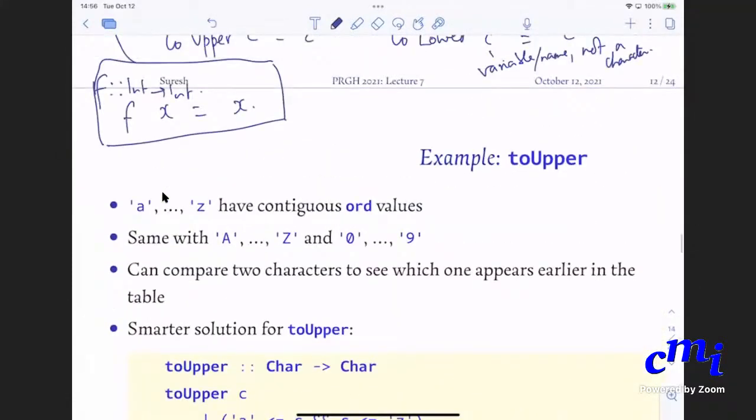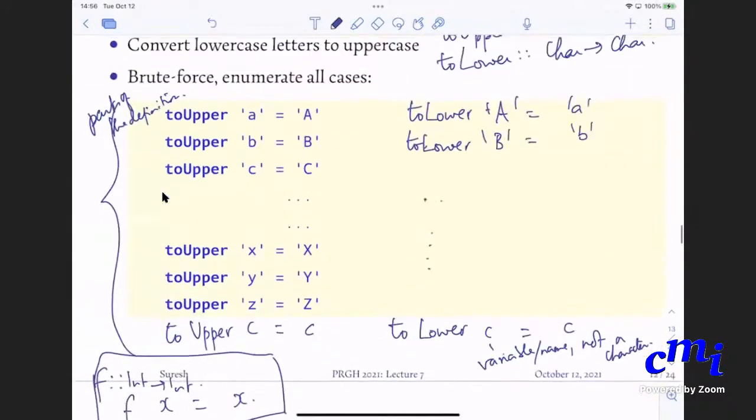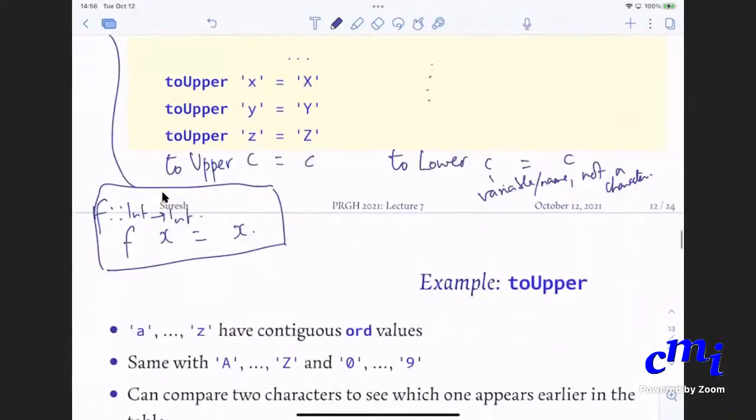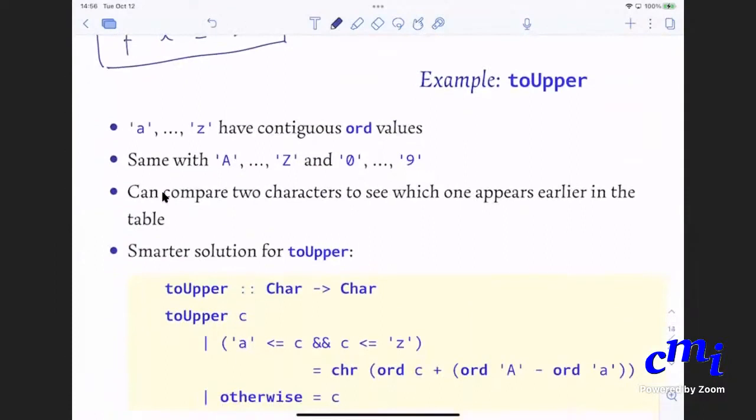Okay. So actually speaking, this is not the definition of toUpper. I am telling you what one possible definition could be. This is not a smart enough definition because you are exhaustively giving all the values here. Instead, you could, for instance, use the fact that A to Z are all stored continuously.